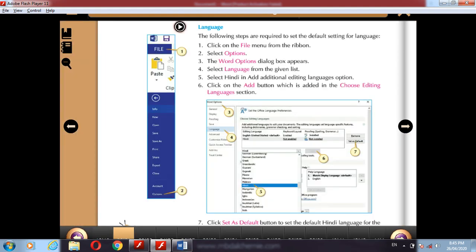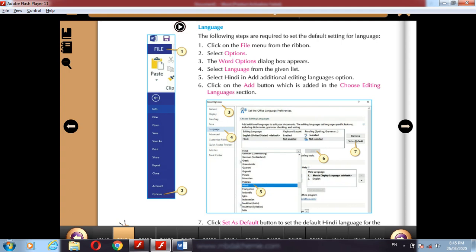In file, click on info, Word option. In the info just click on option.